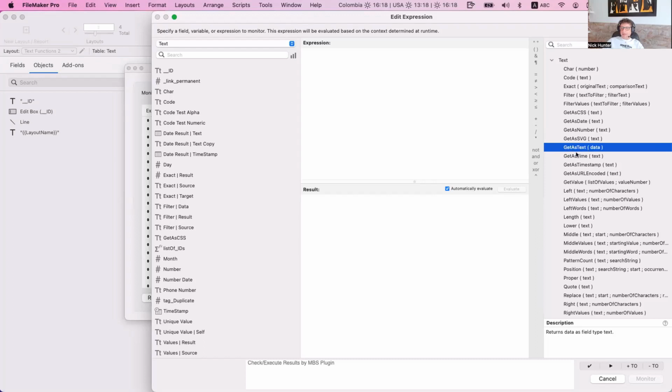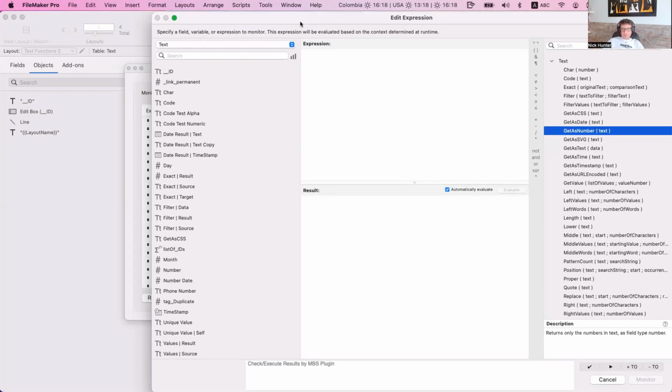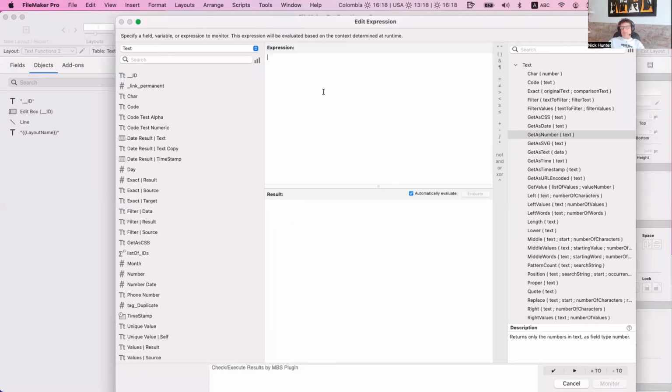So get as date, get as time. We run those, right? We're going to run those, and so let's start with get as number. This is a pretty simple one, right? So the get as number is to, let's say,